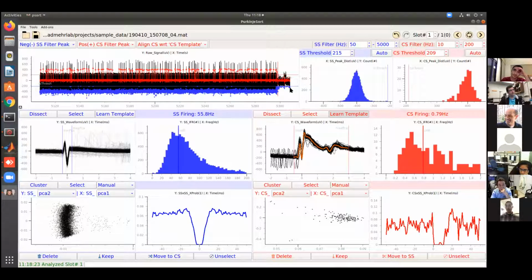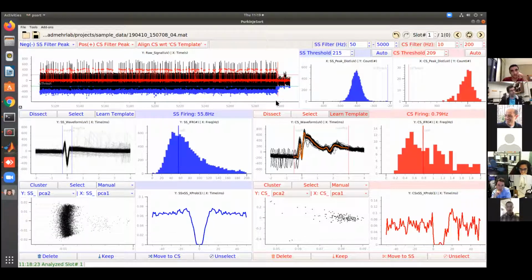The other thing is that we had a couple of spikes here that I'm sure are just because we had a movement artifact at the end of this recording. So we also want to get rid of these because these are not signal, these are noise. So what we'll do is, presumably these are the clouds out here, so we can select them by the PCA plot. We can also select them, probably this shaded area here, or we can directly select them